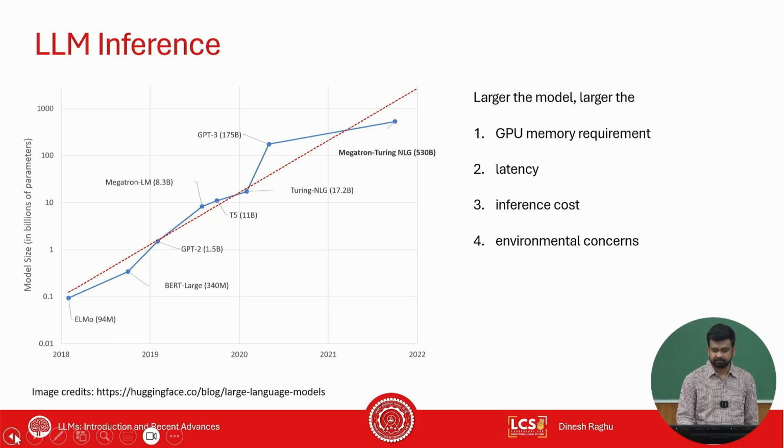So GPU requirement is going to get larger, and one of the biggest problems in deployment is latency, right? The larger the model is, the more time it is going to take to come back with a completion for a given prompt. Now, let's say that you have a chatbot that is deployed whose backbone is an LLM, then having to wait for 30 seconds or 40 seconds seems really difficult at this point in time when we are so used to getting replies very quickly, right?